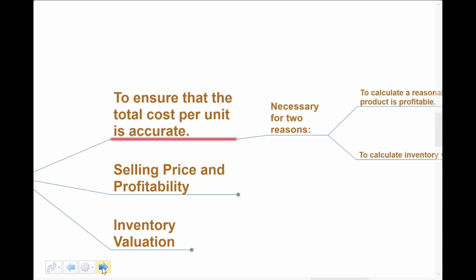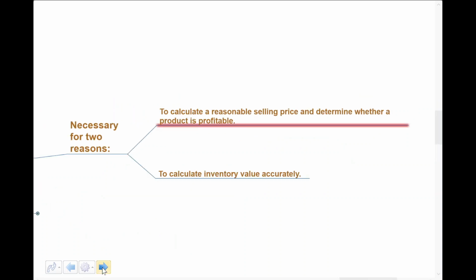Okay? Moving from there, in terms of this raison d'etre behind calculation, well, we know why we need it, because we've got to split costs up. But is there anything else? Well, as I said up top, certainly the total cost per unit is critical to us. We must get that right. Why? For two main reasons. First things first is that the cost is going to drive selling price, okay? And indeed, if we get the selling price wrong, it's highly likely that consumers won't buy. Therefore, we won't be profitable. So, common sense first and foremost. But secondly, and indeed probably as important, is this area of calculation of inventory. Now, that may lose a little bit in translation. Now you may be thinking, well, why is it important? Well,